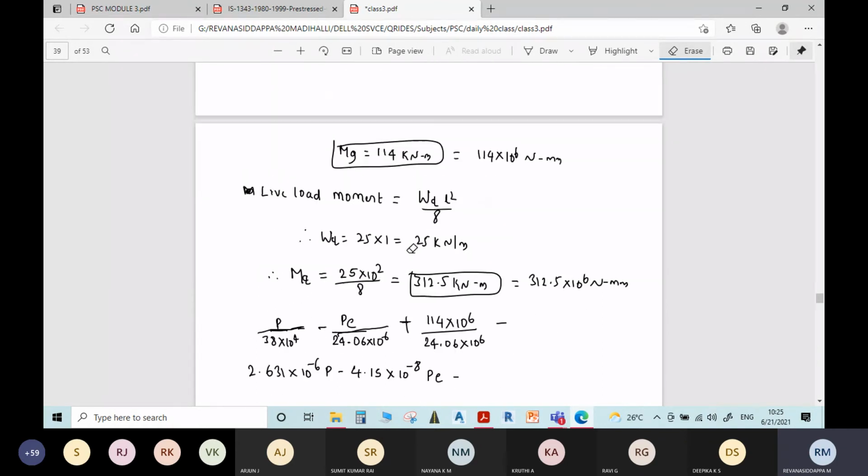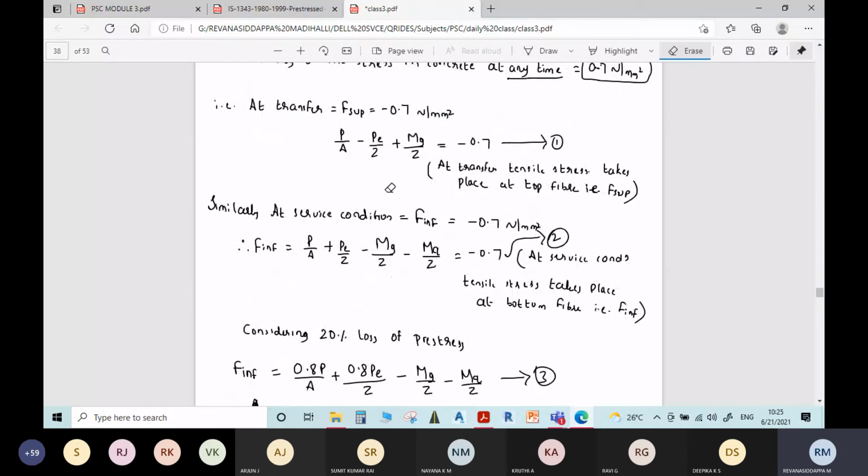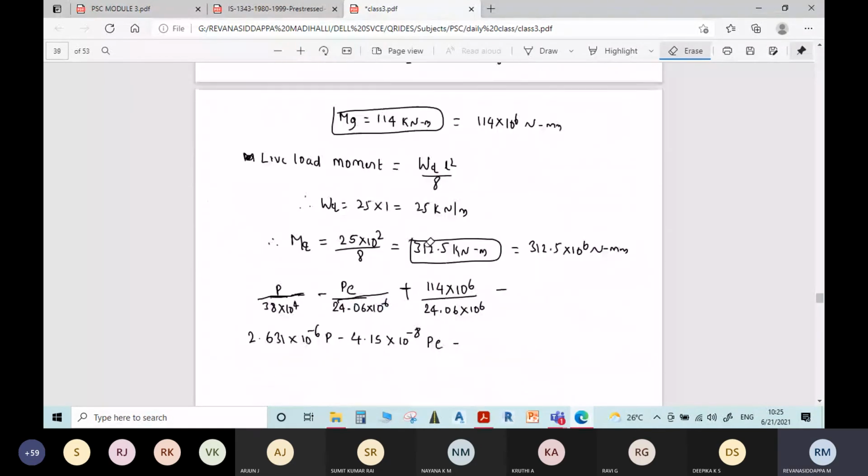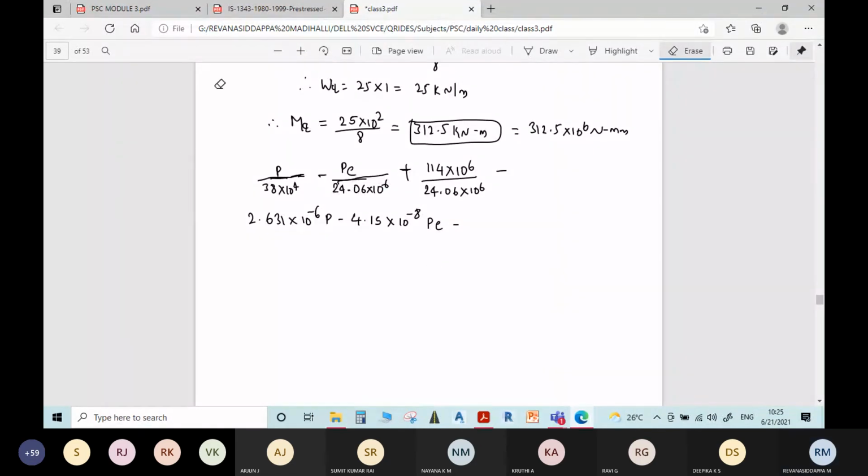So P by A minus P by Z and plus mg by Z is equal to minus 0.7